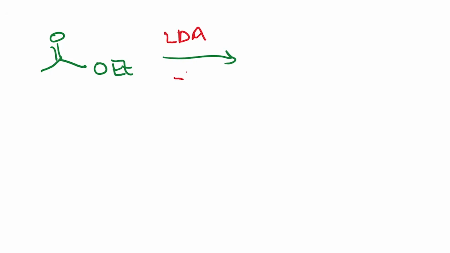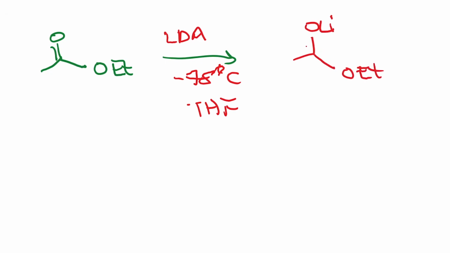Okay, now we already know that esters, let's say we take an ester such as this, are very similar to ketones. So one way in which you can generate the enolate from the ester is the same strategy that you use for ketones. So LDA, minus 78 degrees centigrade, THF, and you generate OLi, OEt, double bond, and then this is further reacted with an aldehyde such as benzaldehyde, and the chemistry is the same. You end up with